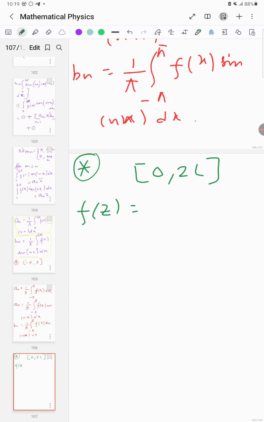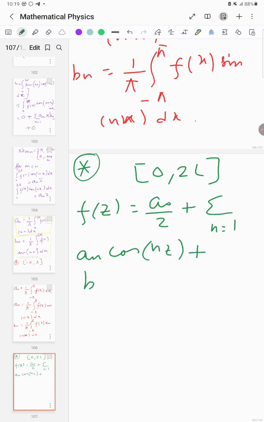f of z changes to a naught by 2 plus summation n equals 1 to infinity, a n cos nz plus b n sin nz. Alright,